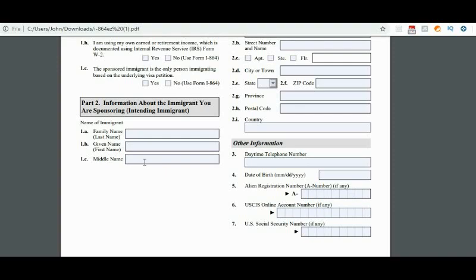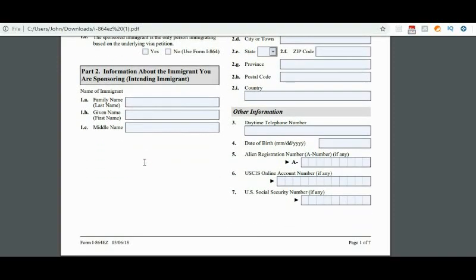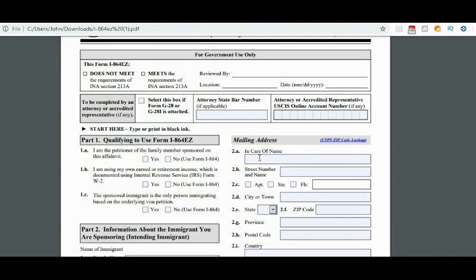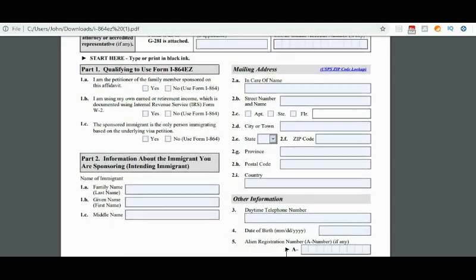Okay, and then from here, you're going to put the person's name over here. Let's say the person receives his or her mail through somebody else, you put that person's name, and then the immigrant's name, and then the street name and apartment, street, floor, and the city, state, zip code. Let's say the person lives in Canada, for example, they don't have a state. If we're going to talk about province, you put a province here, the postal code, the country, and then other information is going to be the person's